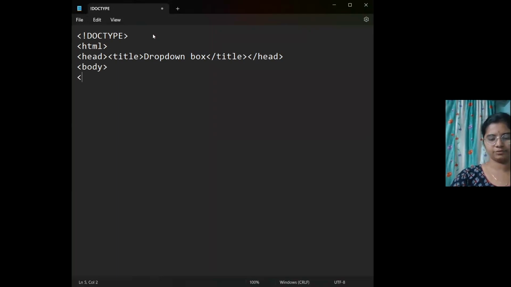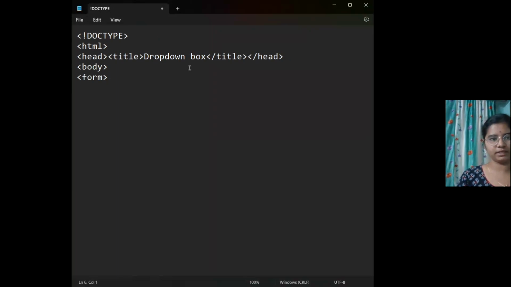In body, we need to write the font tag to take the user's input, and then as we are creating a drop-down box, we need to use the tag select, and in that select tag, first let's keep the headings